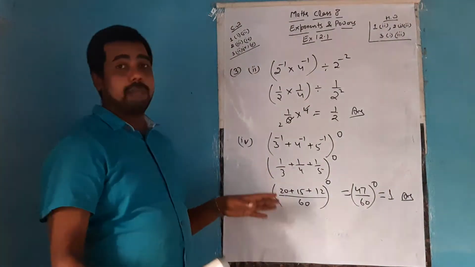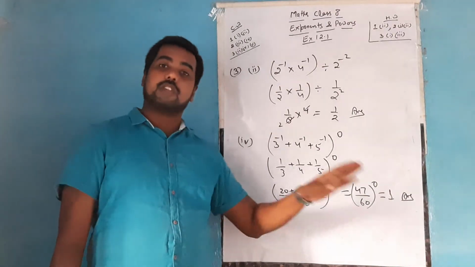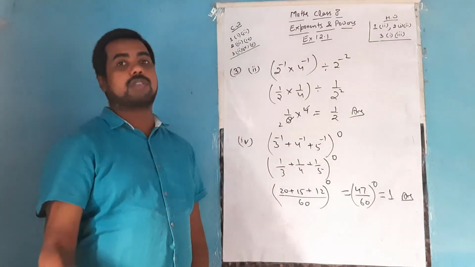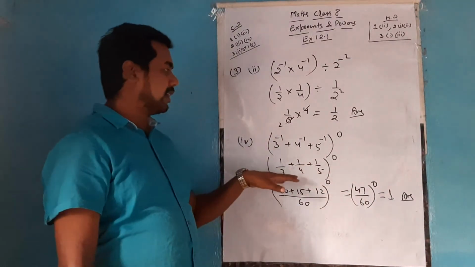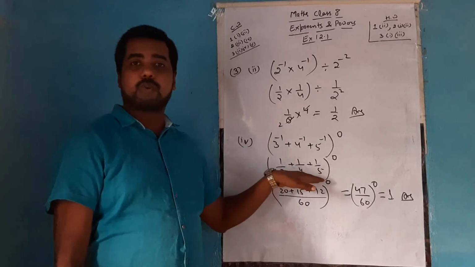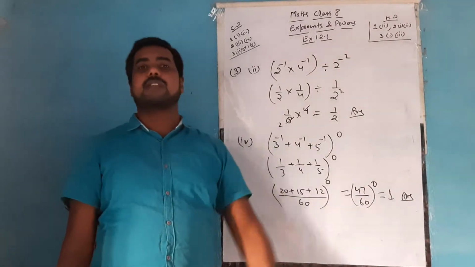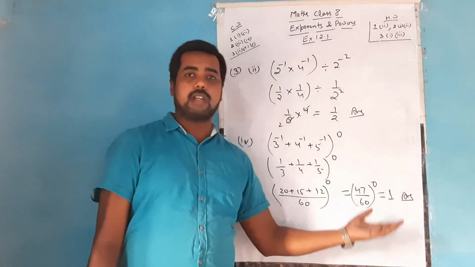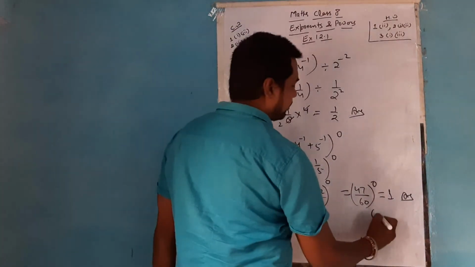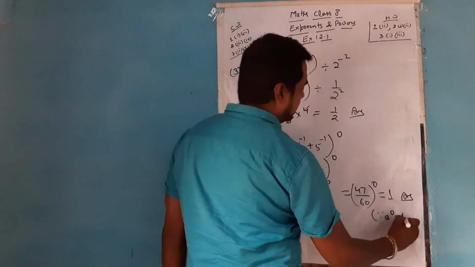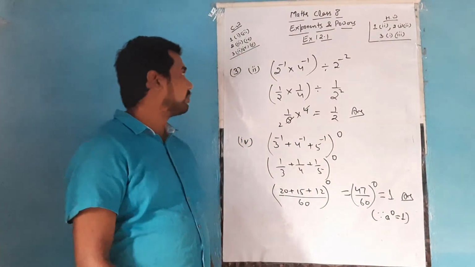In that case, to make it better, to show that you know how to solve and how to write the answer, you are very much aware of the question, the process and the property. Just take a little bit of pain of solving. Take the fraction first, convert the negative exponent to positive, take the LCM, get a single number, and then although the power is 0 only, you can directly write the answer as 1, and you will mention the reason for it, since any number to the power 0 is 1. So this way you can write the answer of this part.